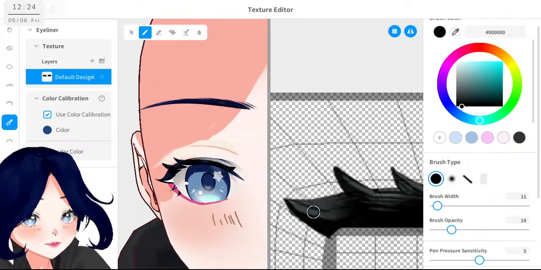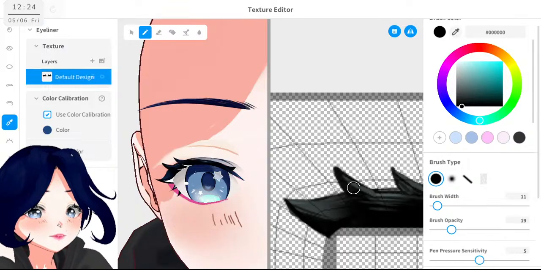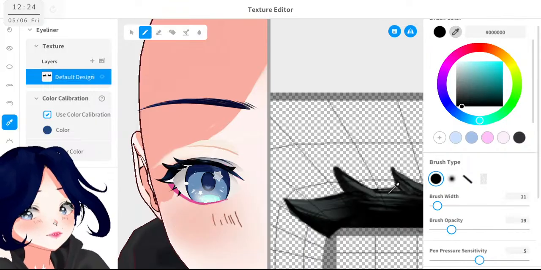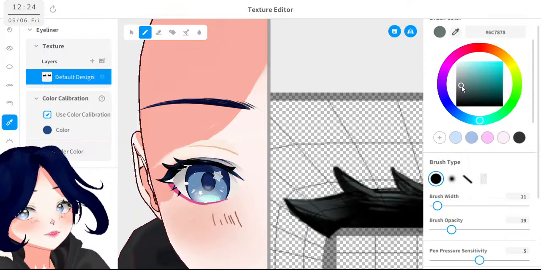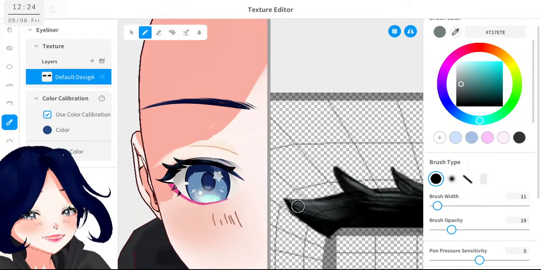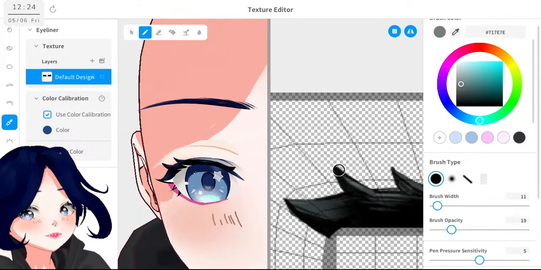Like that. Maybe a little later. Like this. Okay, I will put it later here, not under there.